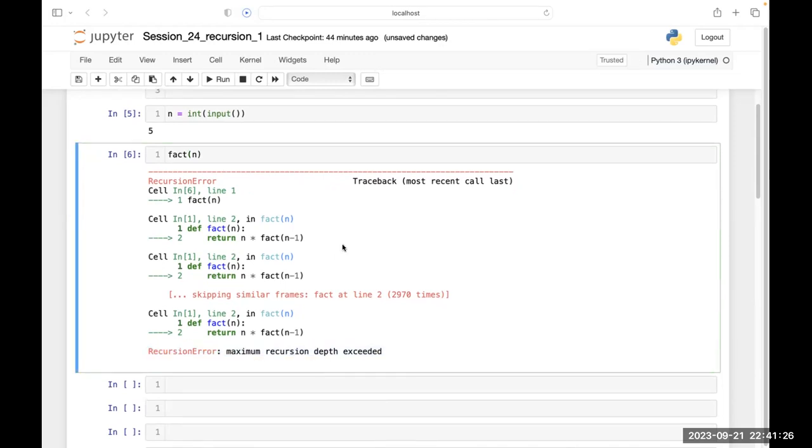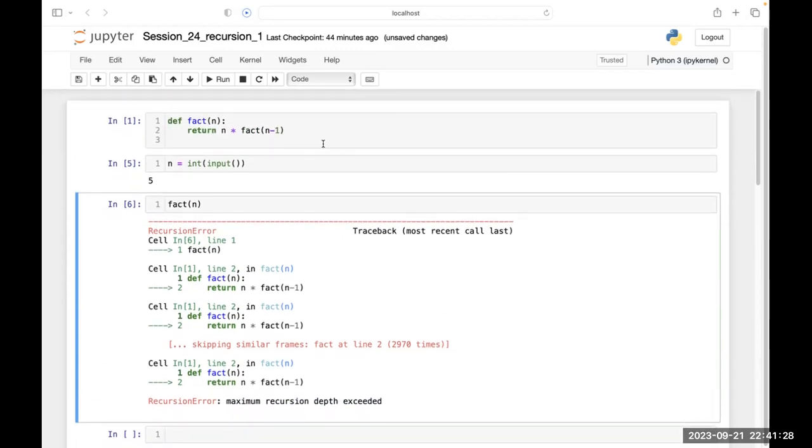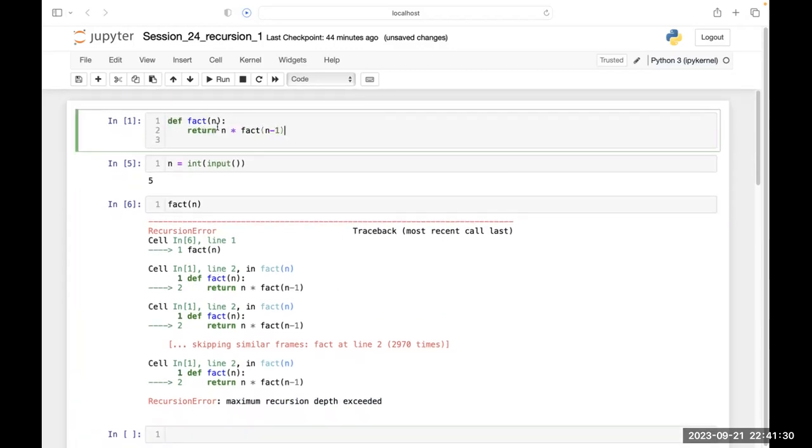So why is it giving me an error? What is the fault? What is the wrong thing that I'm doing here? This function is actually falling into an infinite loop. Why? Because I have not given it a base case, my trivial case. It simply keeps on going.